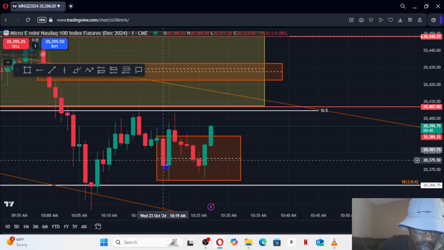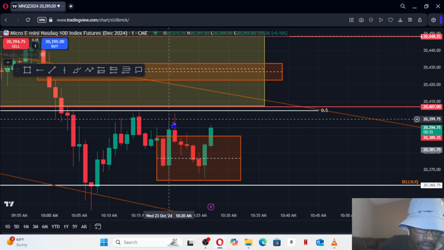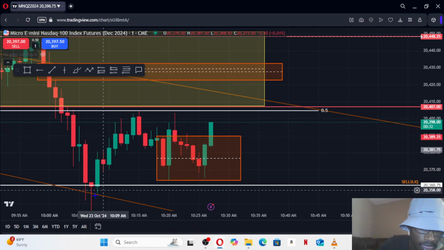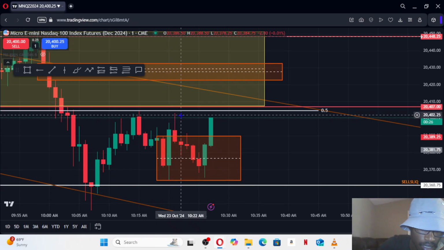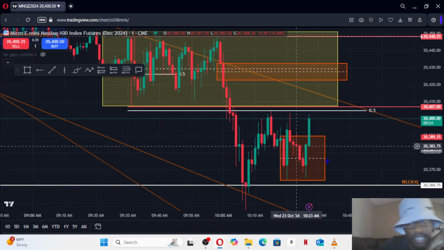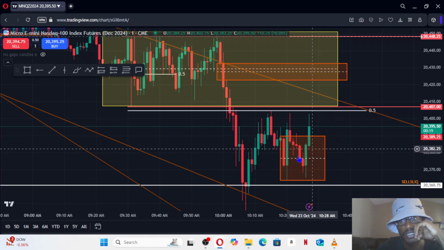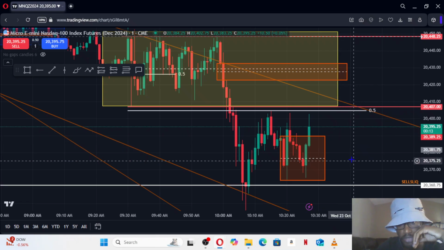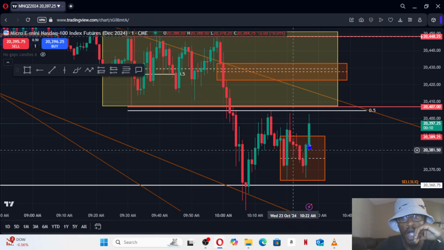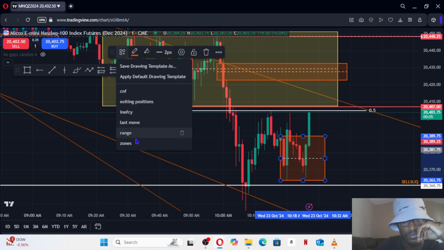Because low, high put in, try to go higher, low, high, low, try to go lower, double bottom. I'm not forcing that, but zone